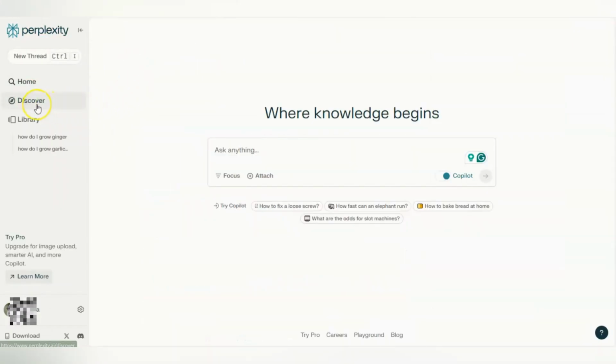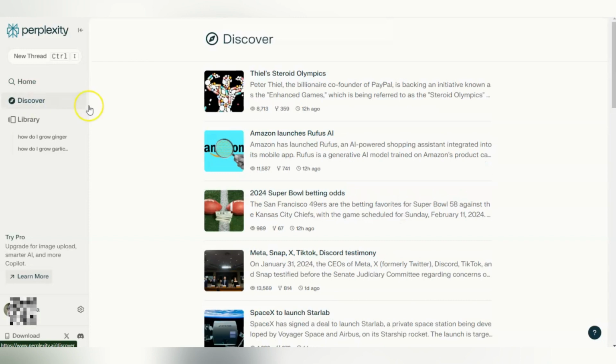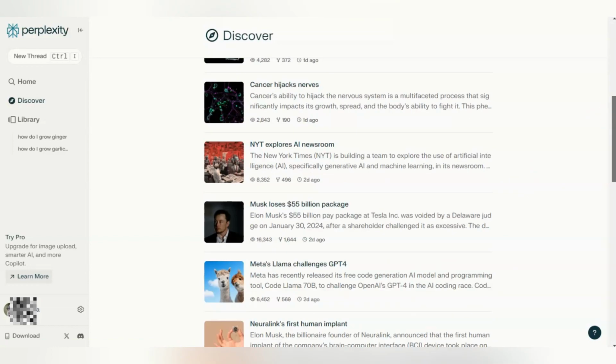If you want to see what's trending online, you can go ahead and take a look at Discover. Here we have Amazon launches Rufus AI. That's actually pretty interesting. It's a shopping assistant. And then you have 2024, at the time we had the Super Bowl coming up and all this other stuff. So you have the most recent stories within the last 12 hours